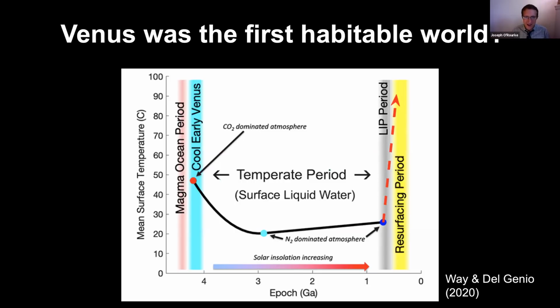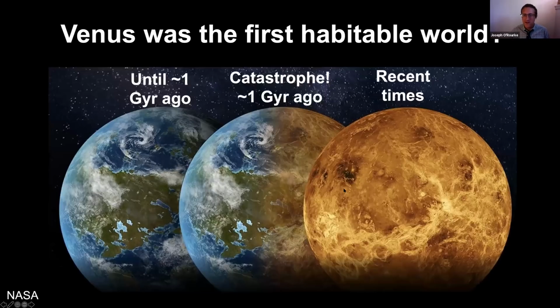So my question for you, and hopefully the poll that we set up before everyone logged on will work, is maybe many of you have heard this hypothesis before, but how many of you believe it, just sort of a priori based on what I've said in the last 10 minutes? Could we possibly get the poll up and see? So I'm asking you to guess if you think that this story I told that Venus was an ocean world, if you believe it, and also tell me if you're confident in that guess.